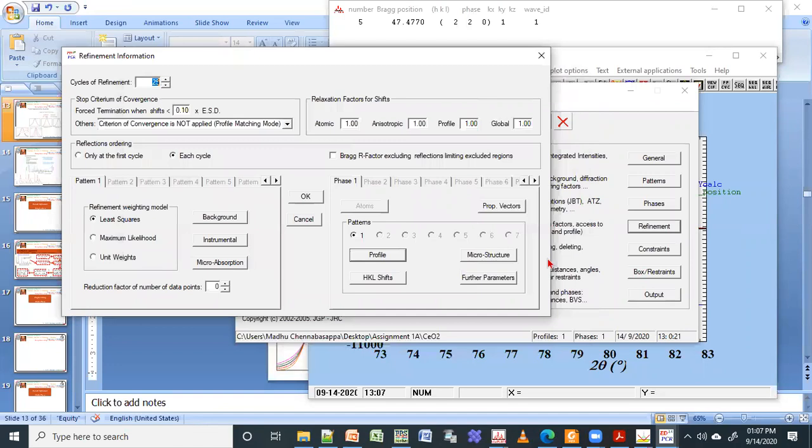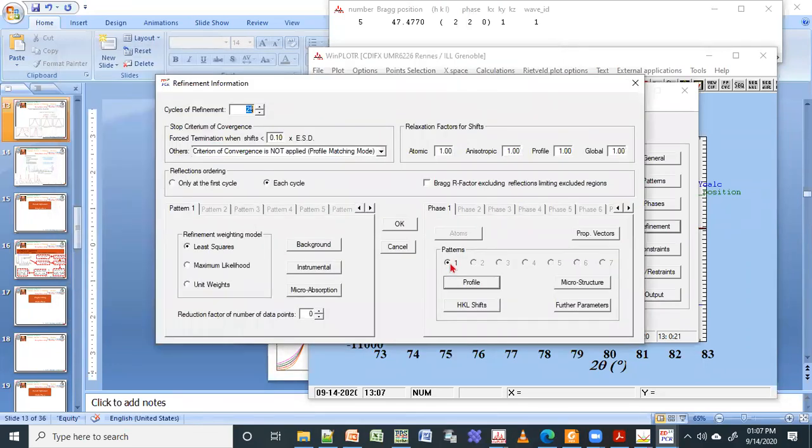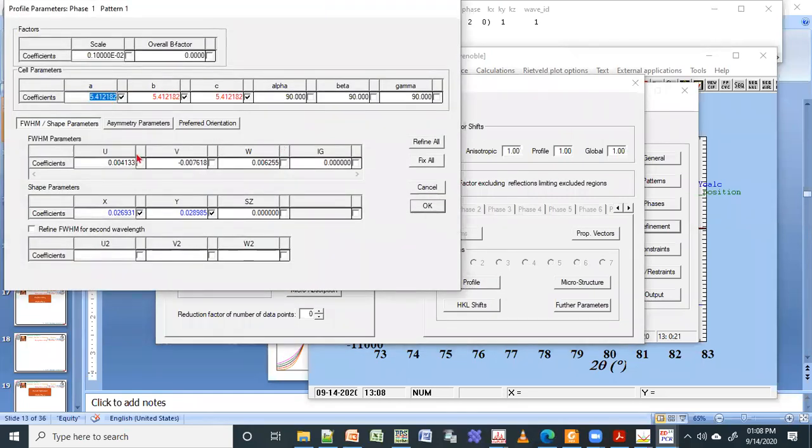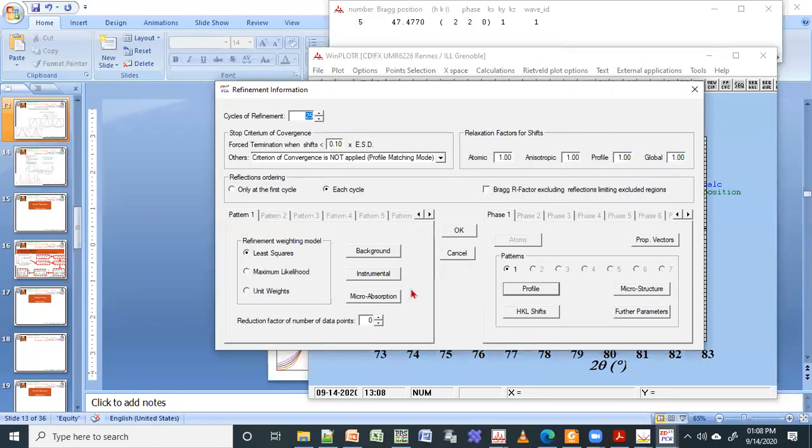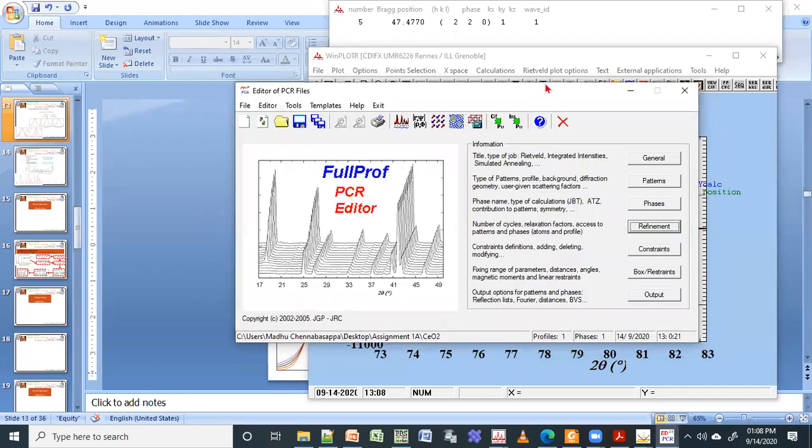So you can improve the fitting, that means you can decrease the chi-square, by doing more refinement, that means by changing a lot of parameters here. But with the caution that when you are doing some refinement, you should know why you are changing that parameter. If you don't know why you are fitting, then you're not doing a good refinement. You can go for the next one. Next question. Okay, sir. Thank you.